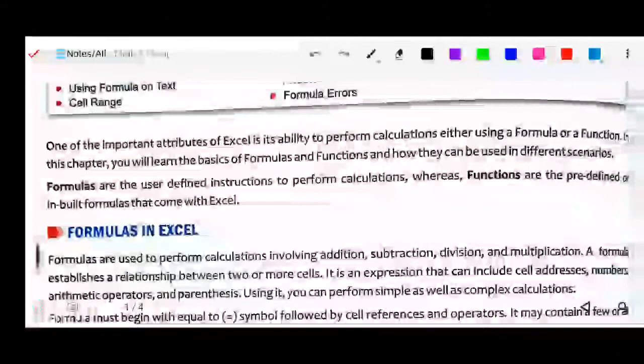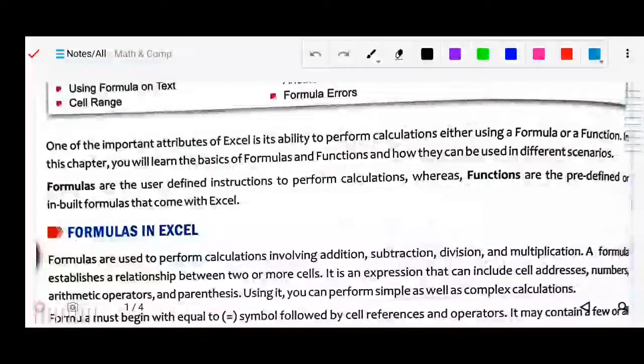So formulas are user defined instructions to perform calculation, whereas functions are predefined inbuilt formulas that come with Excel. So formulas are user defined, means which you define, that will be called formulas, okay, for calculation purposes. And some formulas are already inbuilt, means which come with Excel, that is the Excel spreadsheet.